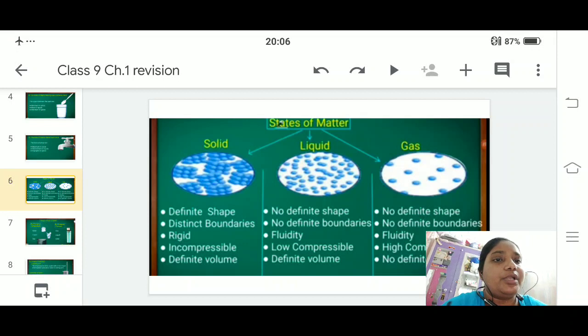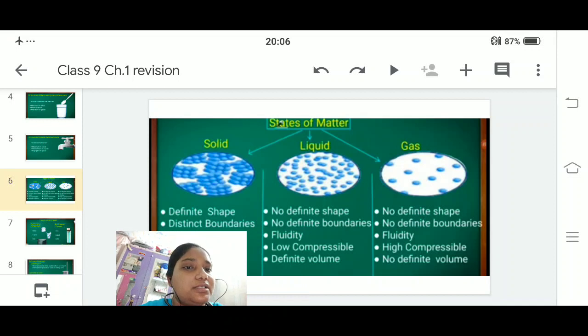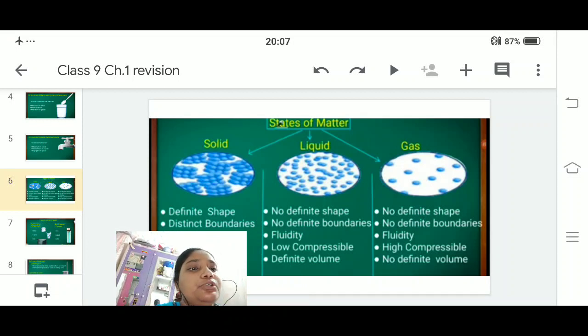Clear? A liquid does not have any fixed shape. It can take the shape of its container, as I told in the last video. If you put it in a glass, it takes the shape of the glass. Liquids have fluidity and are lowly compressible. They also have a defined volume. And coming to gases: gases do not have a defined shape or defined boundaries.